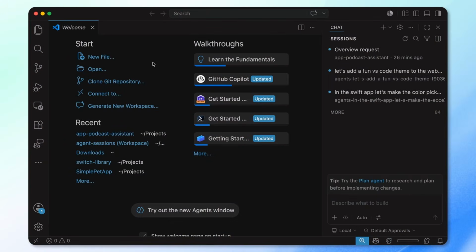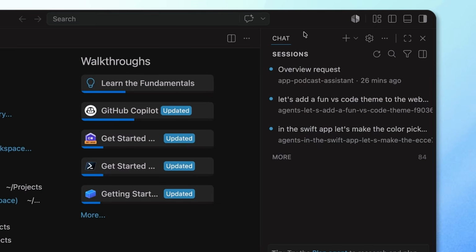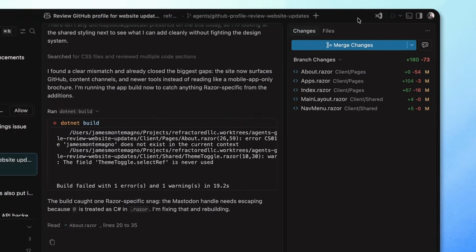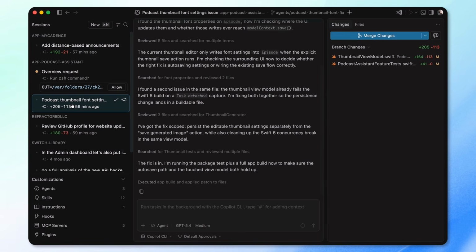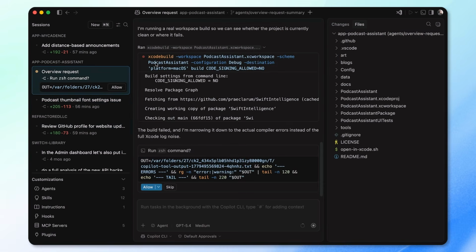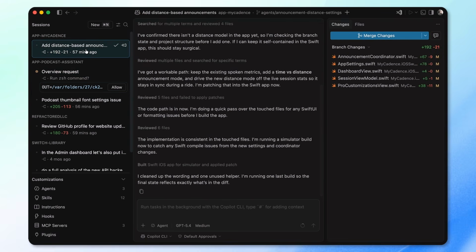Okay, let's start right in VS Code. I have all my recent projects and agent sessions running, but I'm working on multiple projects. So I'm going to open up the agents window. Here I have a bunch of different projects and workspaces, some Swift applications, TypeScript apps, and some .NET applications. This is all running here locally on my machine. But what if I could take it with me anywhere? So let's head over to